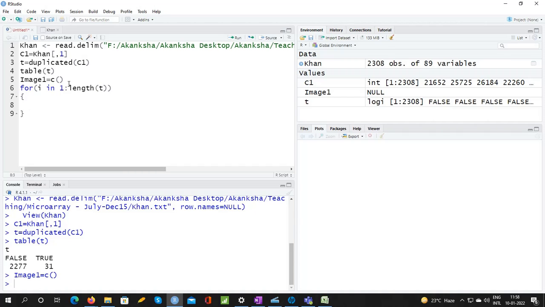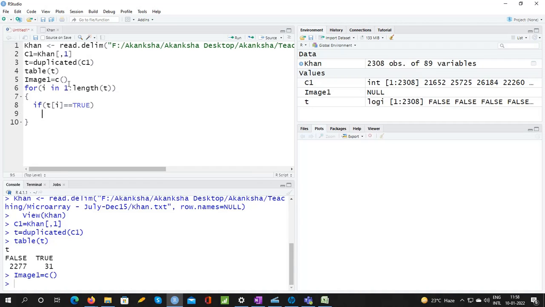if t i equals to true, then it will identify, locate. Then image one i equals to paste, paste c1 i comma, within quotes.